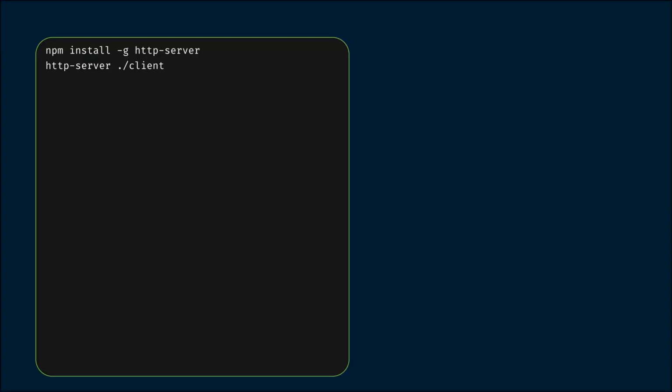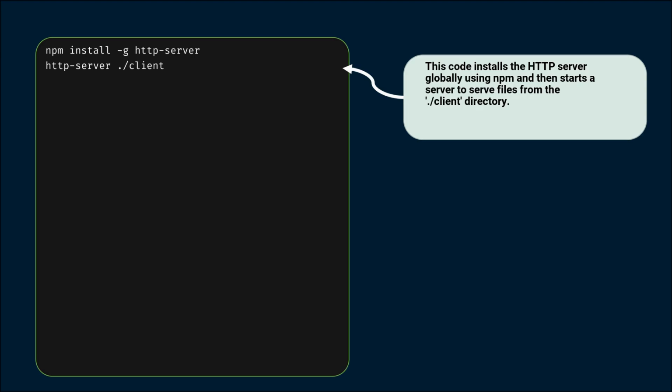Now let's implement the following commands to serve our DApp locally. The first command installs the HTTP server package globally on your machine. This is a simple way to create a local server, which is especially useful for static files like those in your client folder. Once HTTP server is installed, the second command allows you to serve the contents of the client folder. By doing this, you're setting up a local server environment that will host your DApp, making it accessible via a web